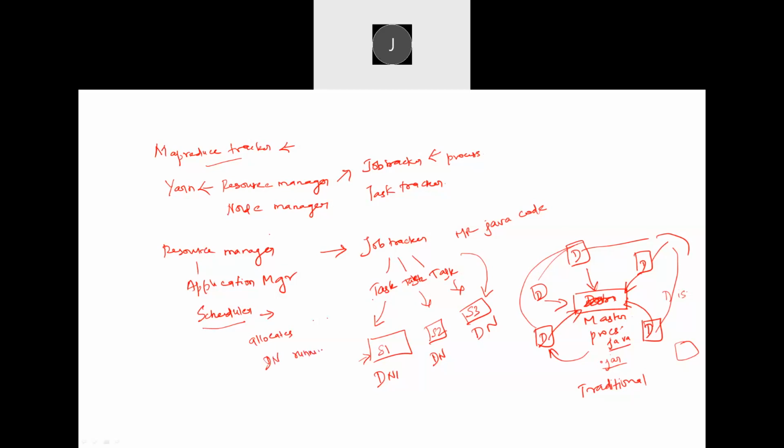Okay, allocating the resources means how much CPU you want to run the job, I mean the processing. Like if you want to find the number of words in a file, that is the job we can say. So the scheduler takes care of allocating the resources, and the application manager, no,